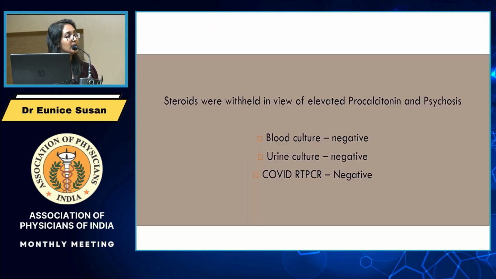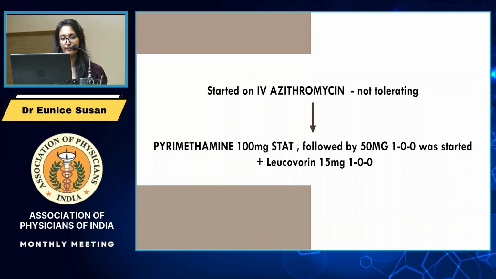So we had not restarted steroids at this point of time in view of the elevated procalcitonin and the previous history of psychosis. So blood cultures, urine cultures and COVID RT-PCR was again done, and these were all negative. So we had started the patient on IV azithromycin, but patient was not tolerating this and had multiple episodes of diarrhea. So then we had started the patient on pyrimethamine